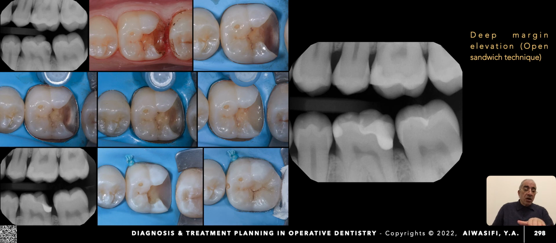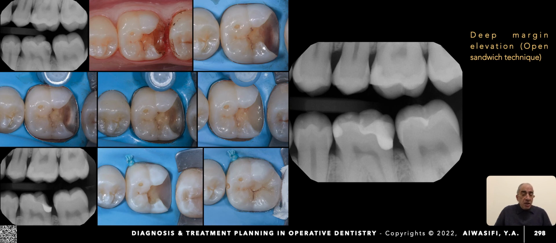That's why we are at the minimal permissible level. Our margin is just a little bit above the base of the sulcus, while we shouldn't go through more than half of the distance or 2/3 of the distance. In such a case, the operator applies a rubber dam after complete cleaning, tissue retraction cord,